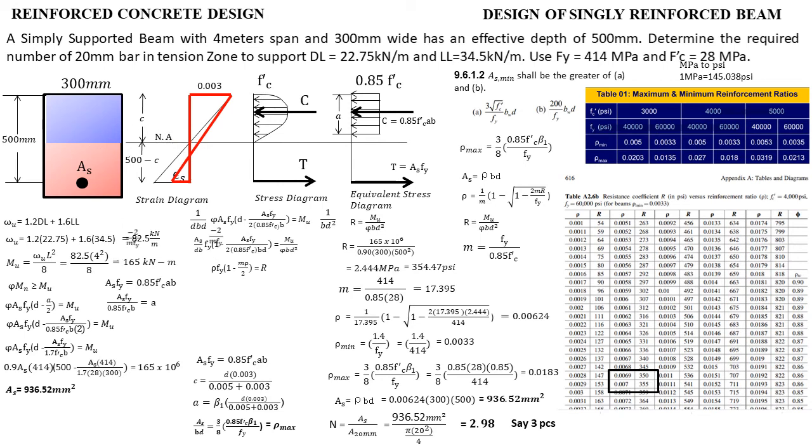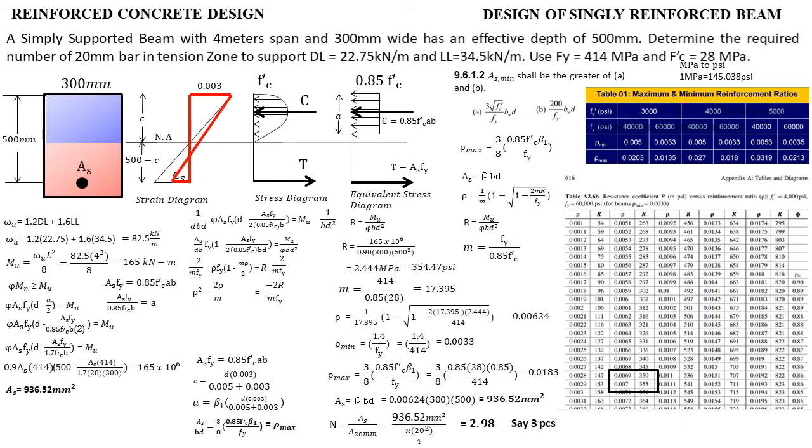Okay? And then, what if mag-multiply ulit tayo both sides by negative 2 over m multiplied by Fy. So, both sides ulit, nag-multiply tayo. So, it is still the same. Walang pagbabago yan. Okay? So, magkakaroon tayo ng rho squared minus 2 rho over m, that is equal to minus 2R over mFy. Okay? So, kailangan natin makuha ang value ng rho. So, gagawin natin is,